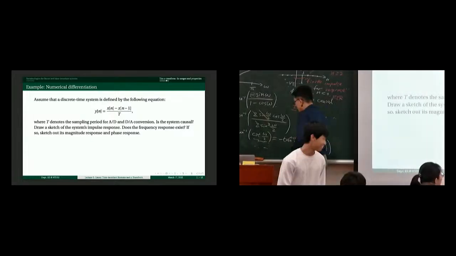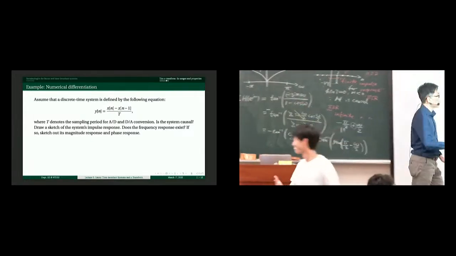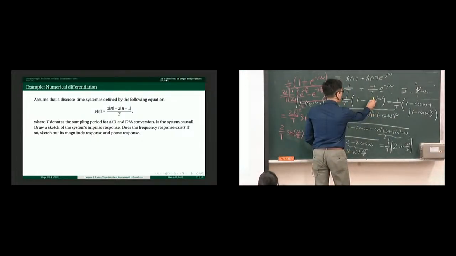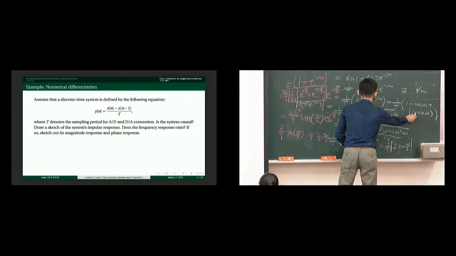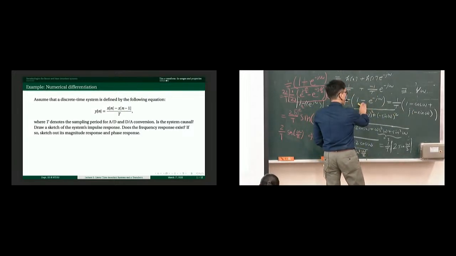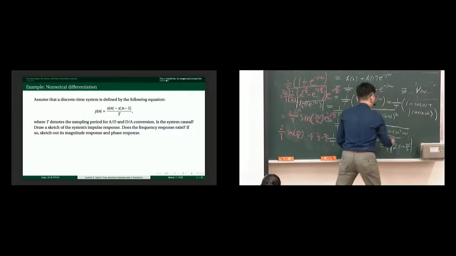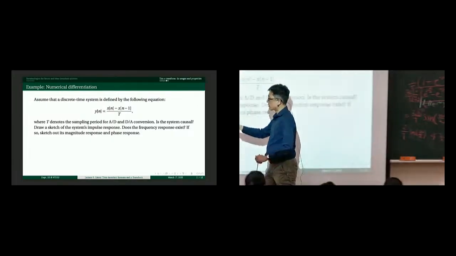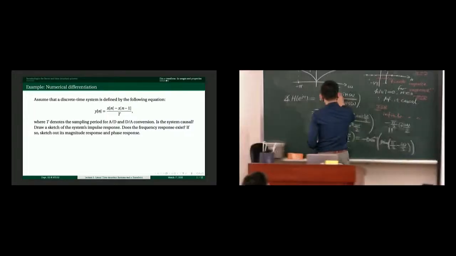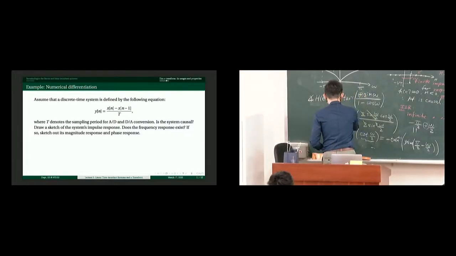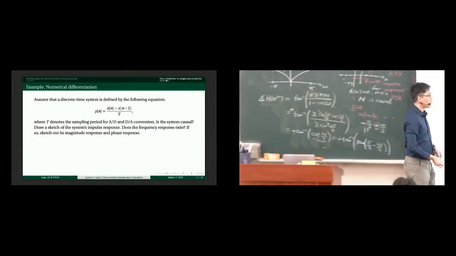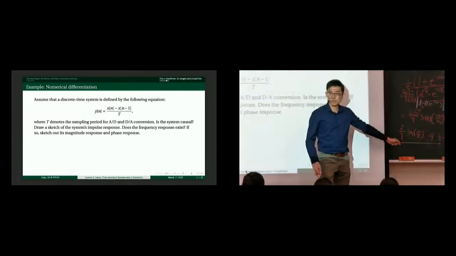So anyway, let me complete my correction. Okay, right here, I made a small mistake. Here there's a minus sign, but there's also a minus sign. So here really there is a plus sign, which does not affect the result right here, but it affects the result right here. So there's no need to put this plus sign. So it's really 2 pi minus pi divided by 2 minus omega divided by 2. Which agrees with,